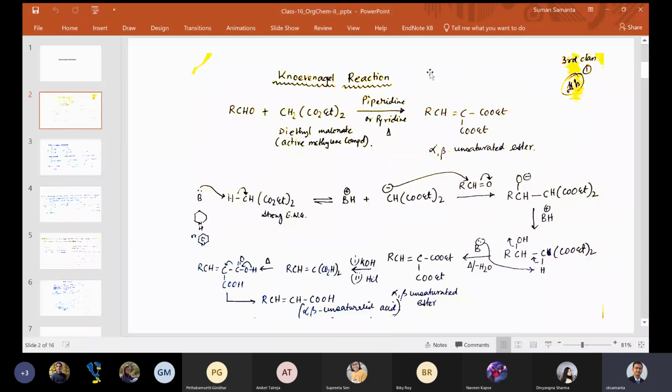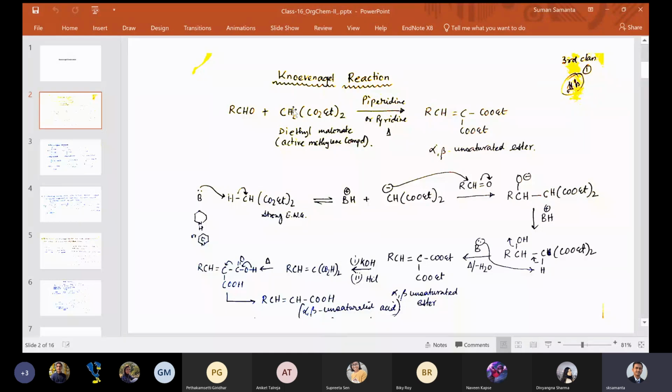So then this is the reaction. You take basically an aldehyde or a ketone, and then you take this kind of CH2(COOEt)2 in the beginning. This has a very big story. This has very big variations. We'll also talk about it. You take a mild base, piperidine or pyridine, and then some heat, and you get this kind of olefinic product, C double bond C. The mechanism is also very simple, nothing.